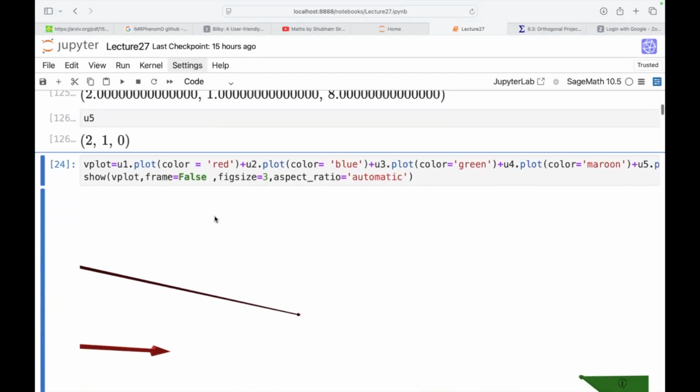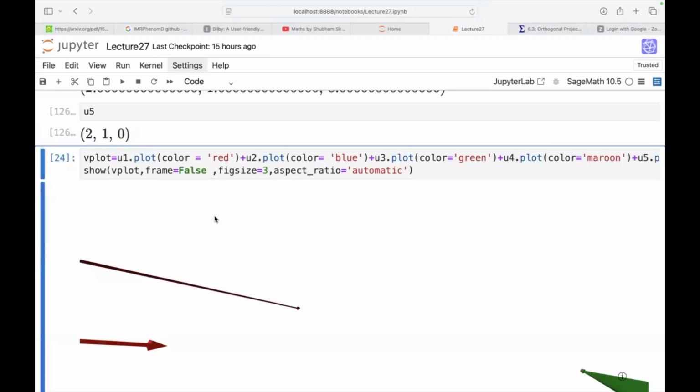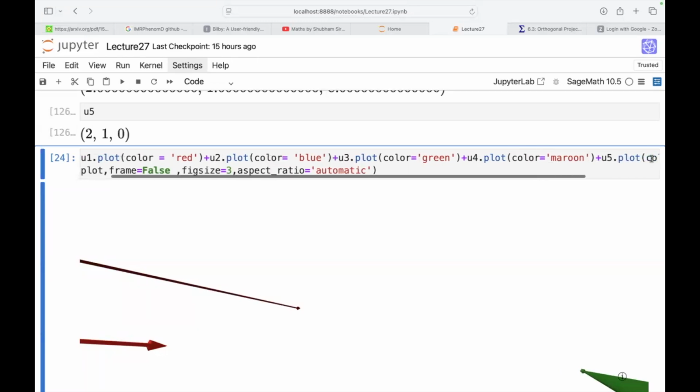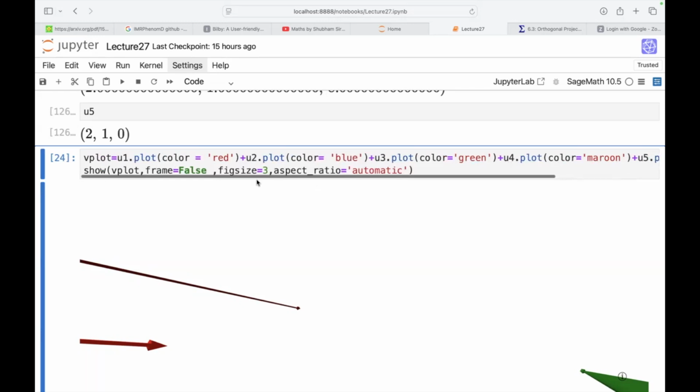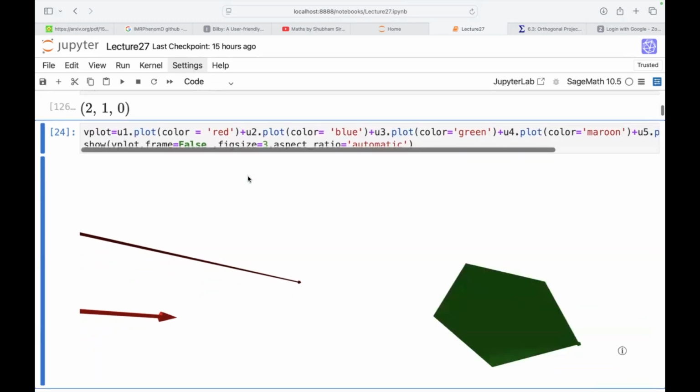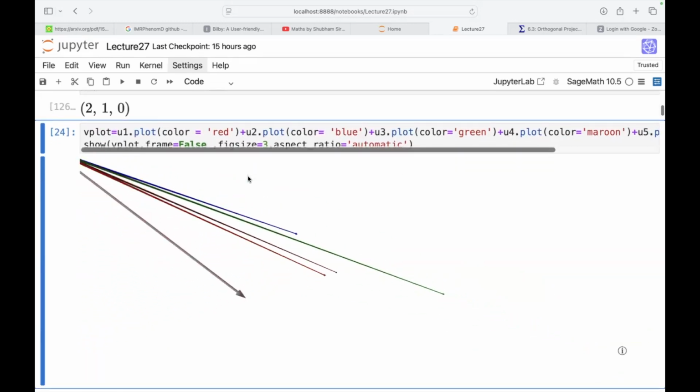Then plot the vector plot, U1 plot, U2 plot, U3, U4, and the U5. Then 5 vectors: U1 vector for the Z over Z, and the U2 vector is the rational to rational, and the U3 vector is the real to real, and the U4 is the complex to complex, and U5 is the finite field with Z5. Then plot, मैंने अलग अलग U1 vector के लिए रेड कलर लिया हुआ है और then line